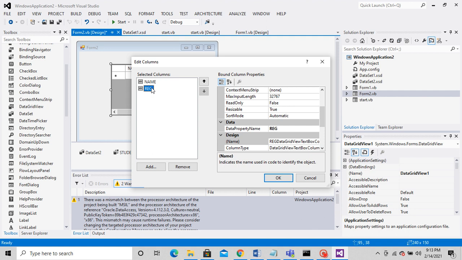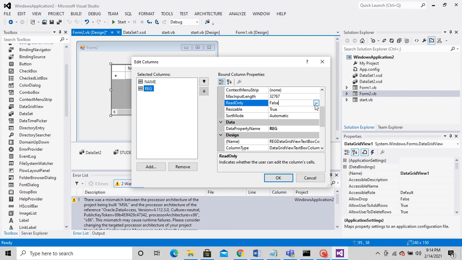So we need some column which is fixed, so that we can search with reference to that particular column. So anyhow, we can assume here that registration number cannot be changed, cannot be edited. That is why